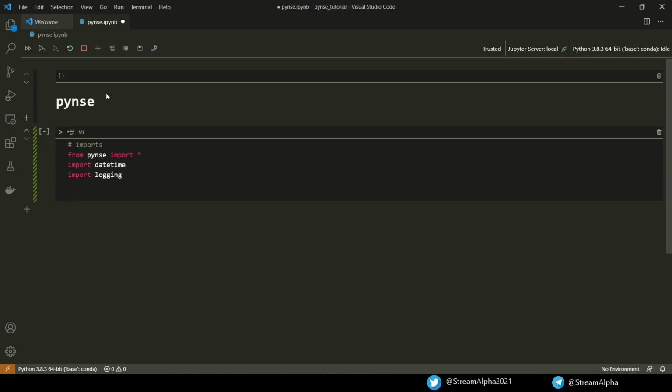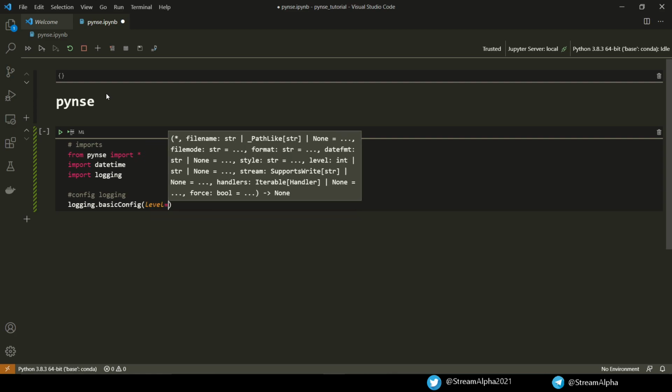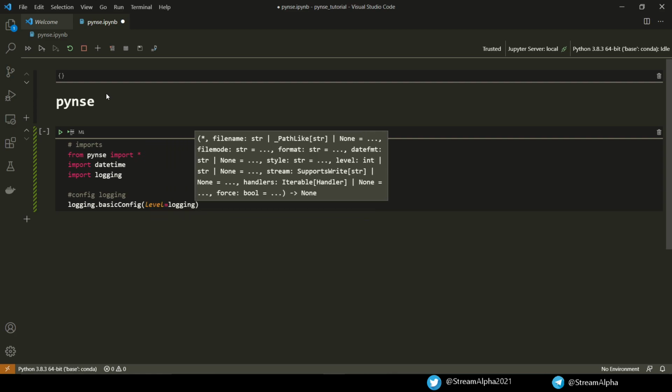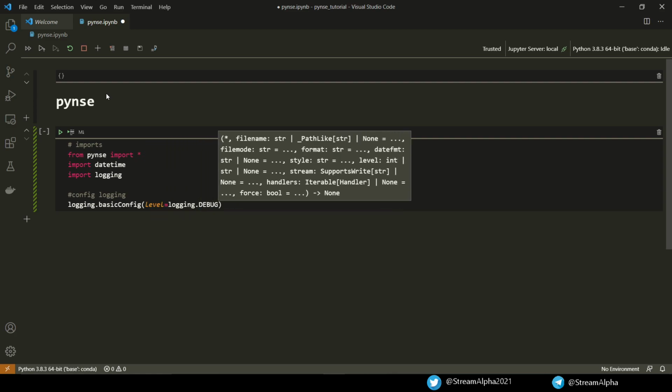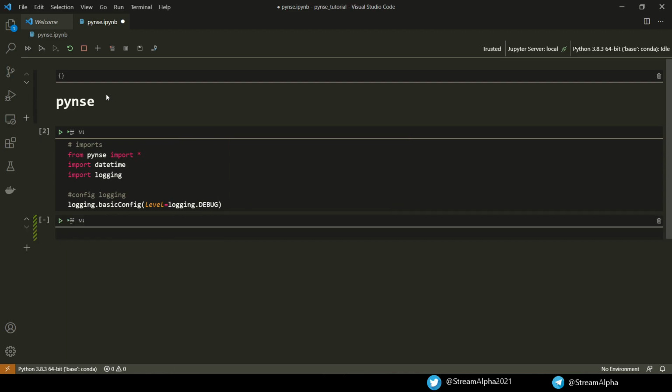If you want to display the logs, you need to set the desired logging level. To configure the logging, type logging.basicConfig, level equals logging.DEBUG. For the purpose of demonstration and to show what's really going on behind the scenes, I have set the logging level to debug. If you want fewer logs to be displayed, you can change the logging level to info or critical.